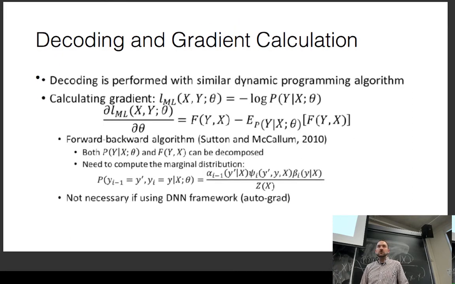Are there any questions? Yeah. So this is assuming you want to maximize the log likelihood loss, right? Yes. But if you wanted to do something like a rank loss or a hinge loss per se, could you do the same with the Viterbi and then backpropagate through the Viterbi?